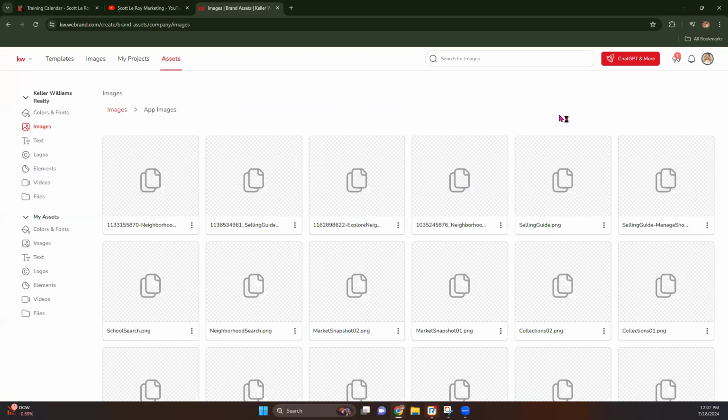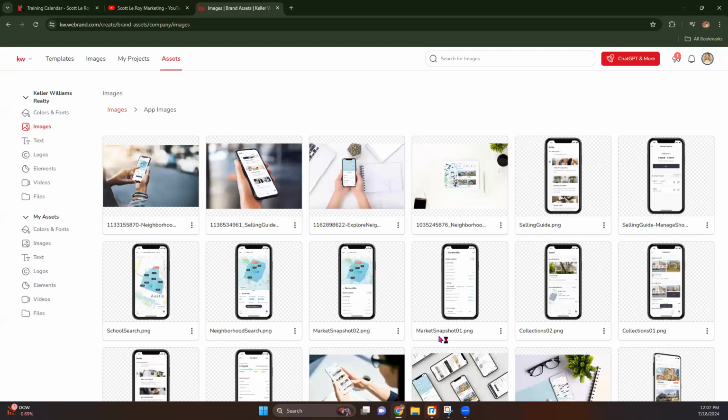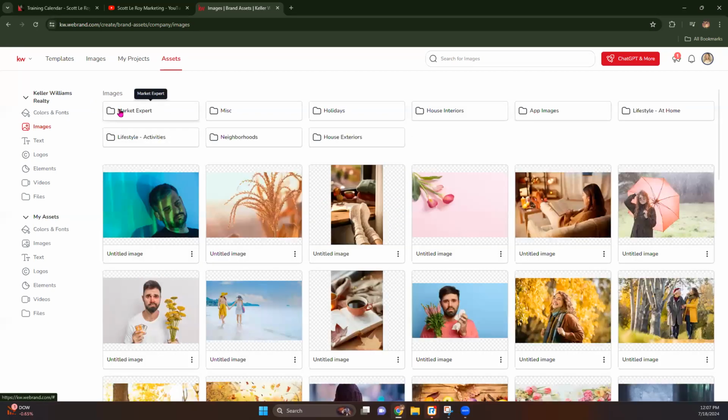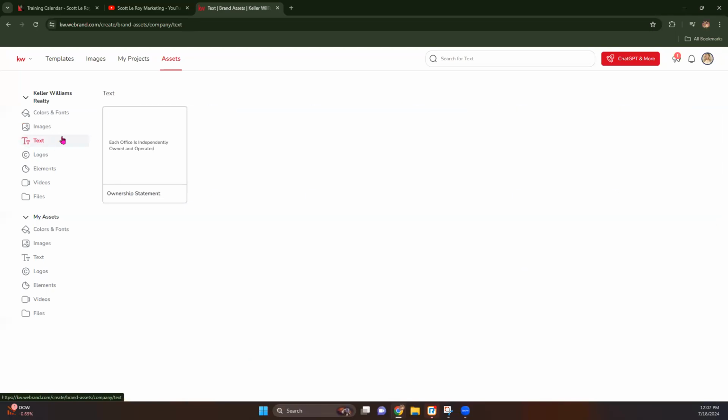Lifestyle, if you want to do a design for your app, if you're trying to promote people using your app, they have some designs for that as well. And neighborhoods, lifestyles, etc. But again, these are their stock images that they allow you to use. Next is the text. So this is just going to be their ownership statement that each office is independently owned